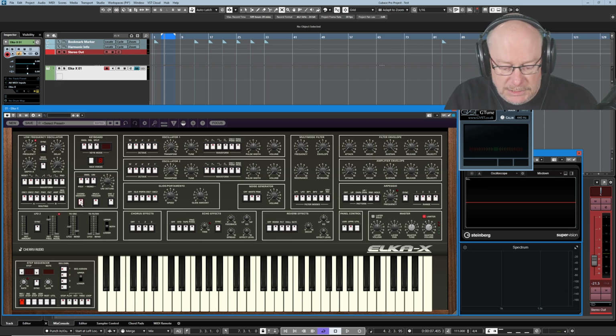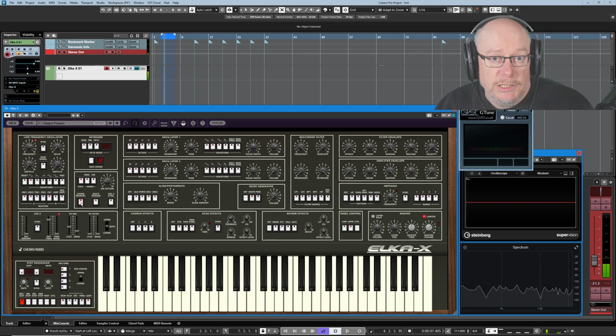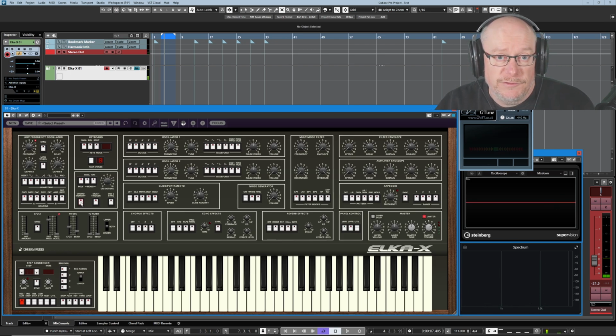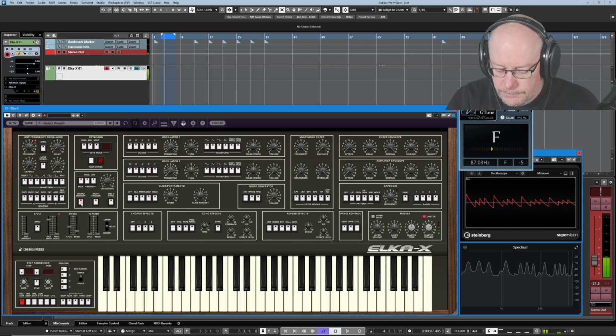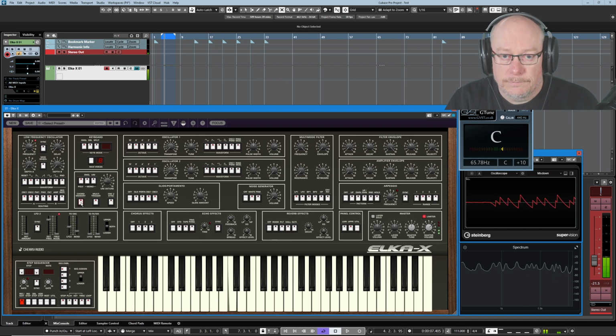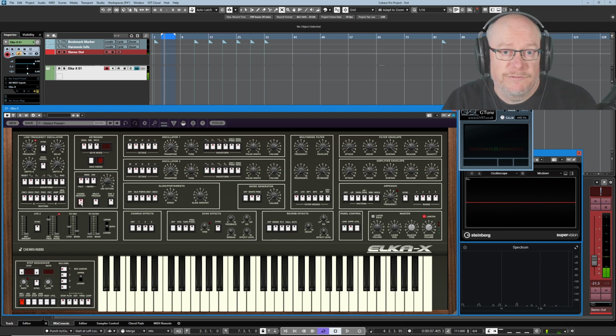So if I press a C and a G, I've now set up a perfect fifth interval. So every time I press a note on the scale, let's play a scale of C major. They're all perfect fifths. Now, there's a very good reason why I only pressed 6 notes on the scale there,